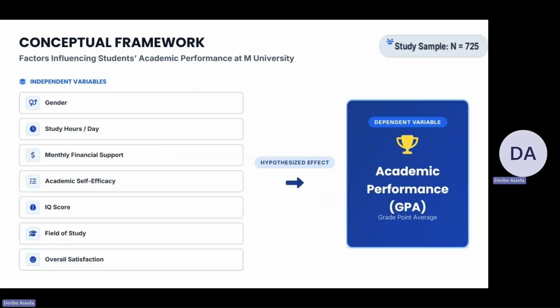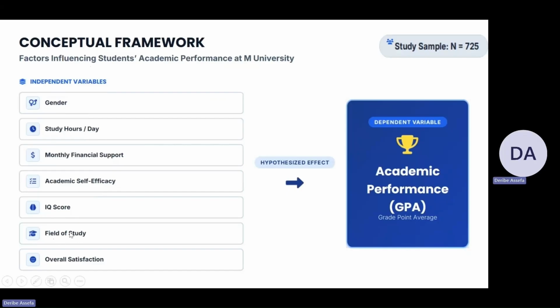In order to demonstrate variable definitions in this part as well as for the subsequent tutorial parts, we consider this conceptual framework. In this conceptual framework, there is one dependent variable, which is academic performance as measured by grade point average or GPA, and there are 7 independent variables which include gender, study hours per day, monthly financial support from family, academic self-efficacy measured by 9 standardized items using 5-point Likert scale, IQ score on the basis of an intelligence